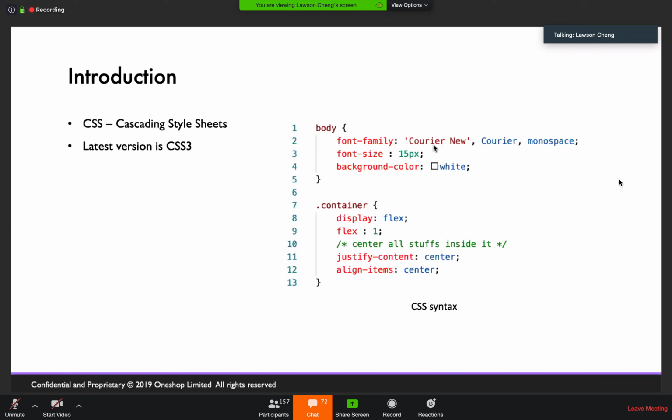And if those font families aren't supported by your browser, then your browser will use its default fonts. And the font size is 15 pixels, and the background color of the body tag is white. So you can see CSS does the styling function of your HTML web page. And you will see there is a CSS setting called container, but